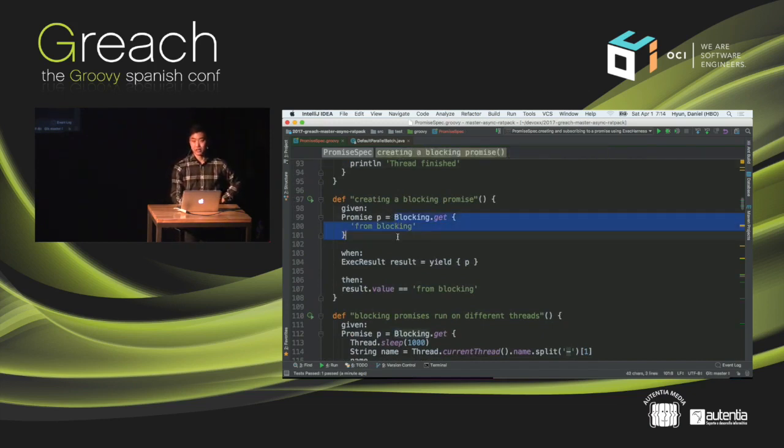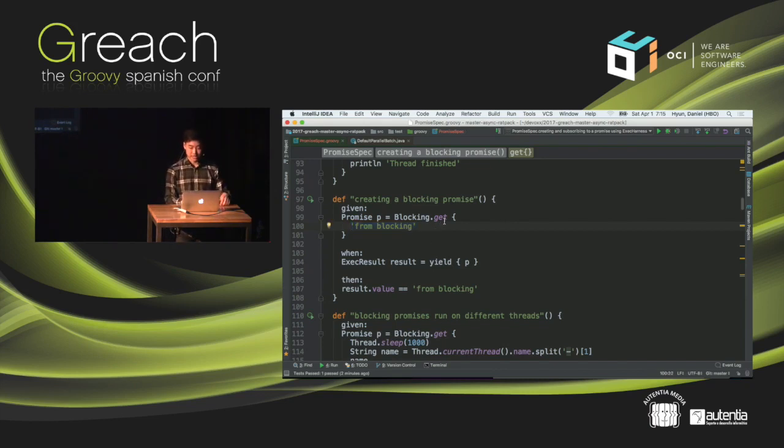Okay, so working with blocking libraries, right? When you use something like promise.sync as an example, that runs on the compute thread. That's pretty much a no-go. If you want to work with blocking libraries like JDBC, you can make use of this blocking class here and just use this factory here. So blocking.get, and then you can just put your JDBC code in here, and it'll run on the blocking thread pool and keep the compute thread pool from clogging up.